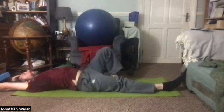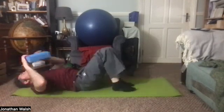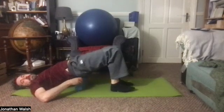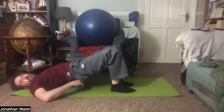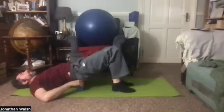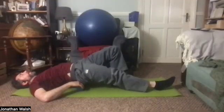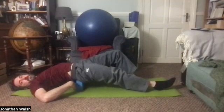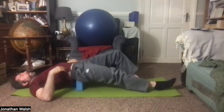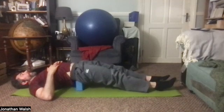Now you bring your feet in a little bit, lift the hips, place the block around about where the spine meets the pelvis. A little bit different, I think, for everyone. You want to find the spot that's not horribly uncomfortable, and then if you can, put the block sideways, so not completely flat, but not at its tallest point. And then see if you can lengthen out your legs,